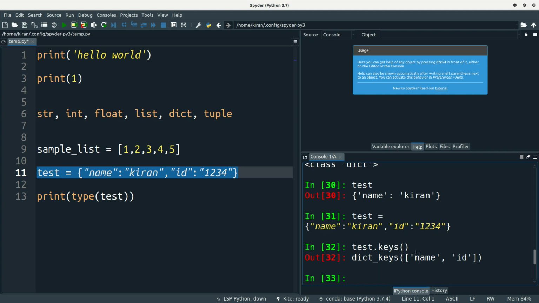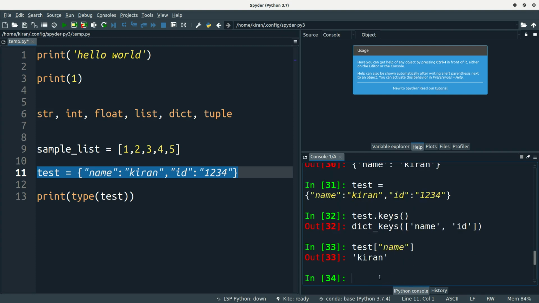If you get these keys from a dictionary, then it is easy to access the value assigned to that key. I just want to know which name is assigned to name in the test dictionary. So test of name will give you Kiran.